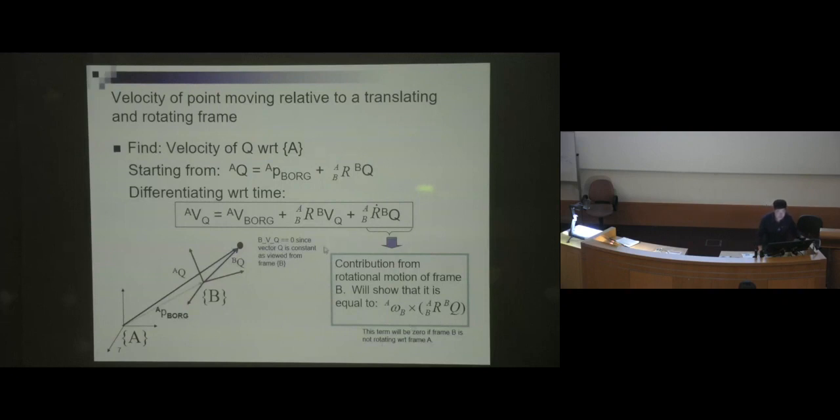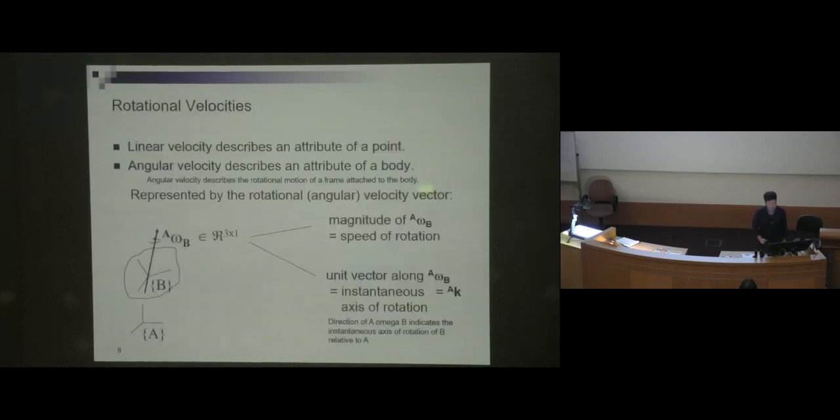There are two things that you need to note. First, the BVQ will actually be equal to 0. The velocity of this point Q with reference to frame B will be equal to 0 because the vector Q is essentially constant from the view of frame B. And then you have this rotation matrix ABR. If you look at this rotation matrix itself, this term will be 0 if frame B is not rotating with respect to frame A. So with that, we can determine